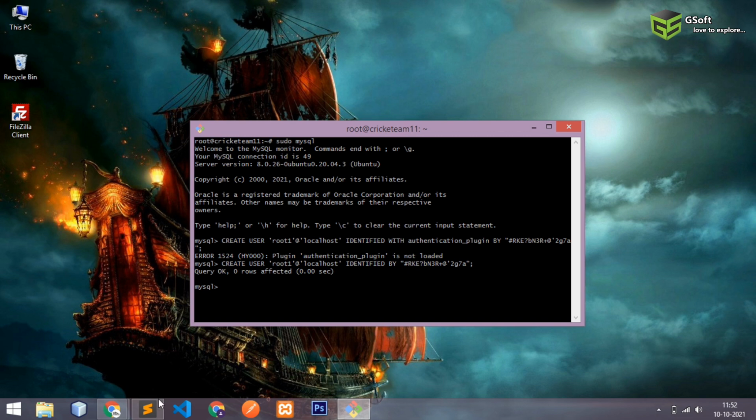Now here what you have to do is create one more command to grant all the privileges. I've already copied the command, you just have to write here GRANT ALL PRIVILEGES ON *.* because I want to give all the access, all the privileges, and I'll just write the username, because root1 is the new user, and I'll just press enter here.